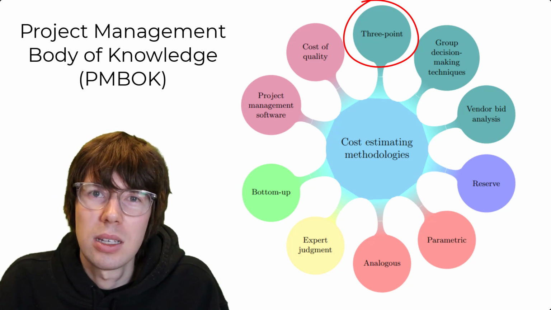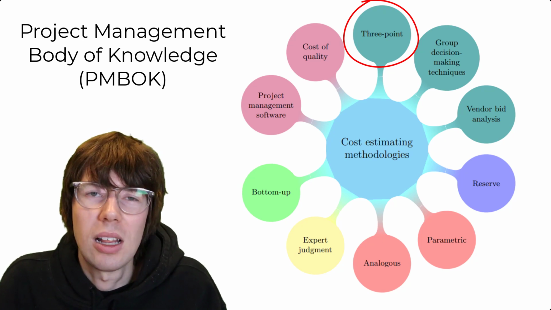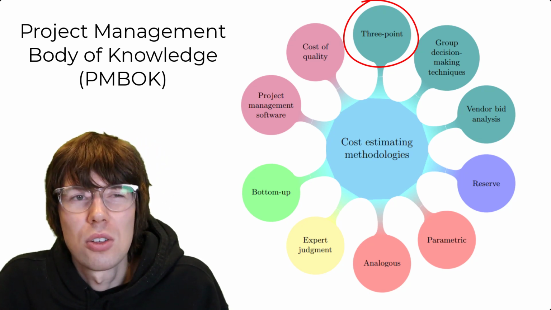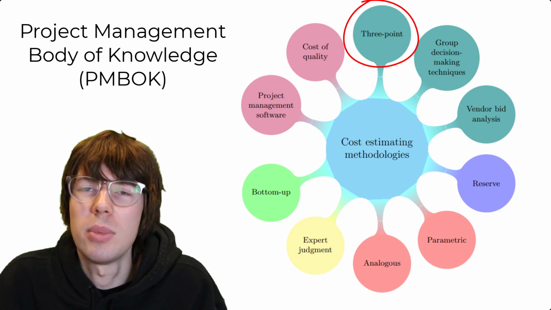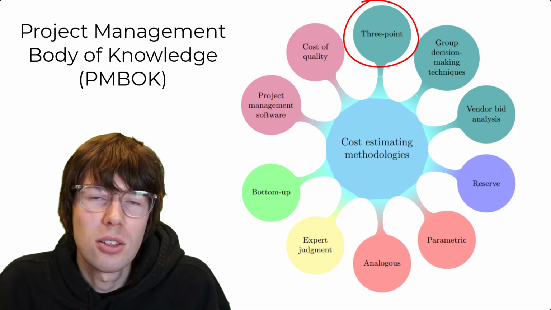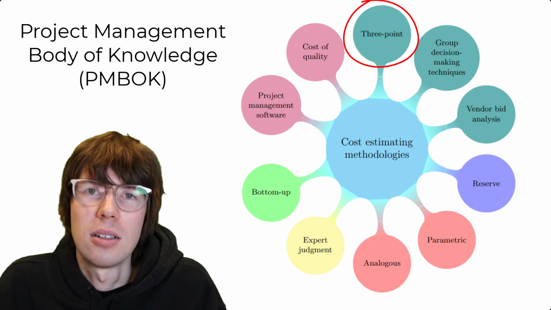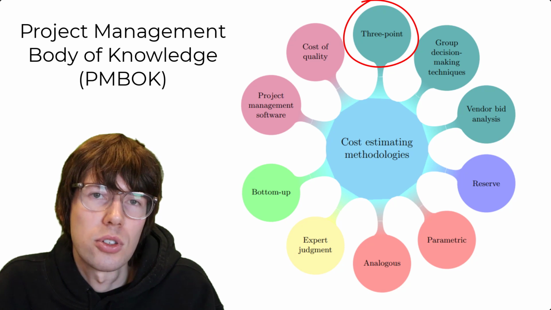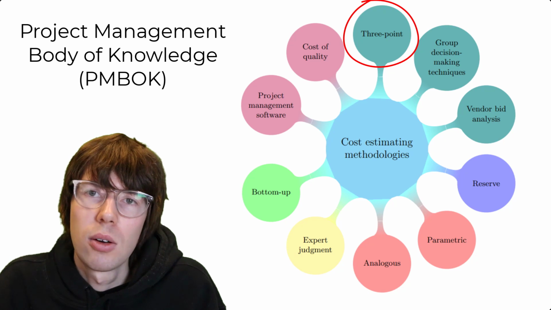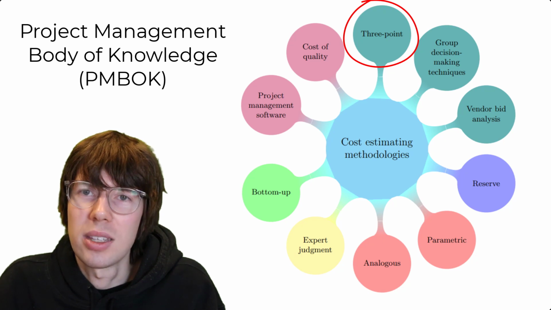Because of that, we can use 3-point estimation to correct, control and adjust for some of the more well-known biases. So what you do, instead of coming up with just one estimate based on your expert judgment, like "I believe the cost is going to be 100 million", you come up with 3 estimates: the most likely, the worst case scenario, and the best case scenario. And then you take the average of that, either the weighted average or the unweighted average, depending on whether you're assuming a PERT distribution, which is a beta distribution in disguise, or a triangular distribution. So take the average, and that's basically it for 3-point estimation.